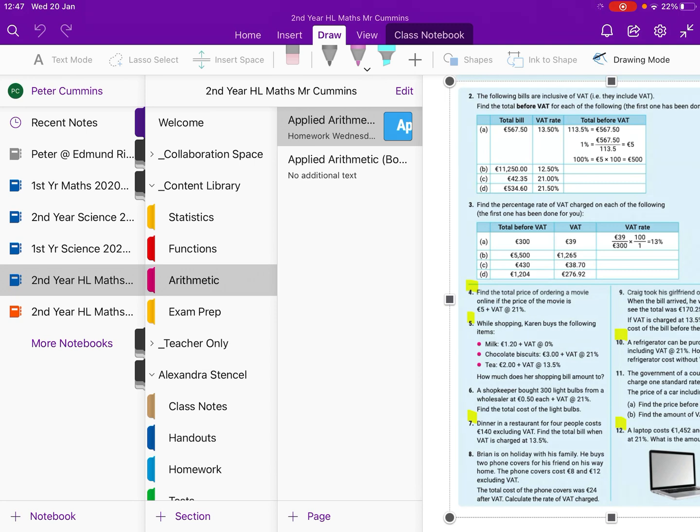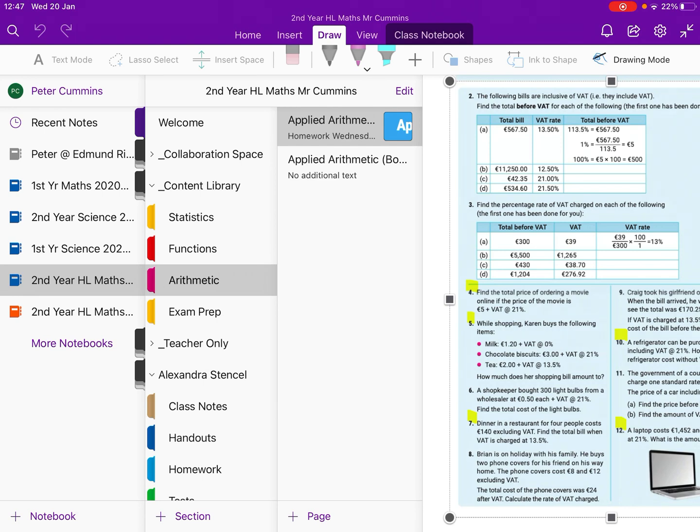Obviously, we hadn't got maths on Monday, so there's two classes this week, and we'll see how we can get on. I'm having an issue with screen sharing, so ideally, I was going to do a live lesson on Friday because a couple of you asked for a mix in the poll that we did on Schoology. So I'm trying to get that sorted at the moment, and if so, we can do a live one